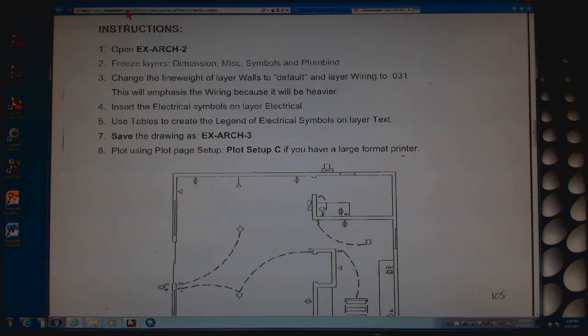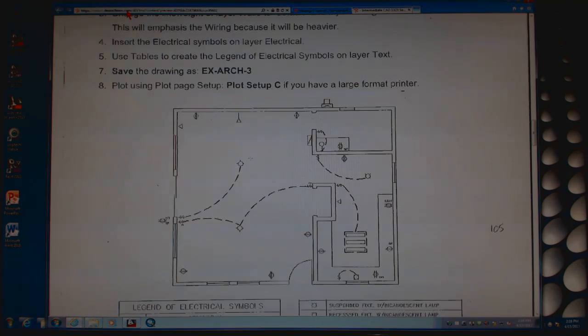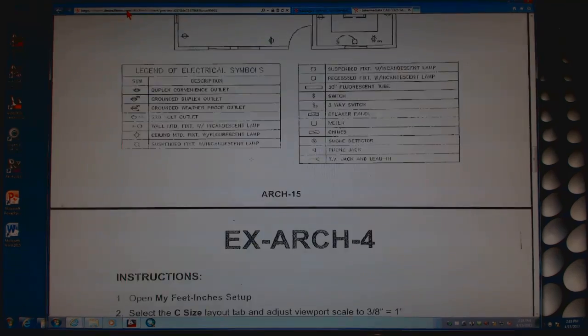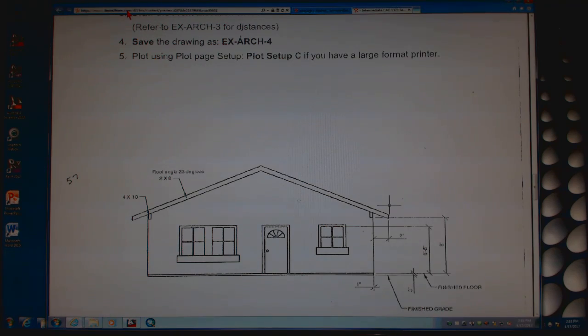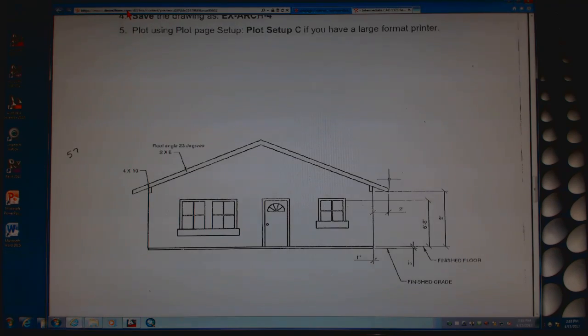Same thing, do not follow instructions number 1, 7, and 8 on this sheet. Then you're going to come to this one. You're going to draw this elevation. I will go ahead and tell you this: some of this, you basically just have to eyeball it. And what I mean by that,